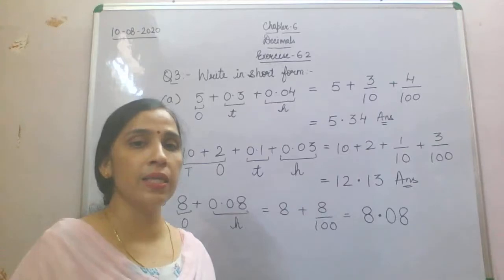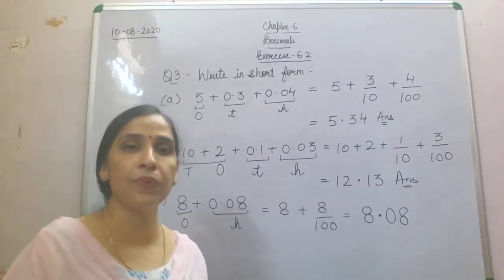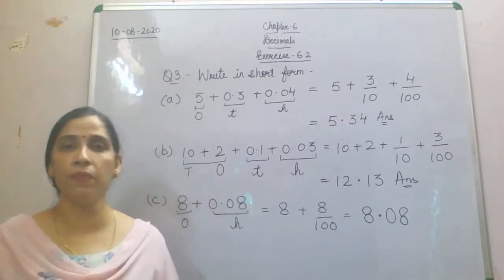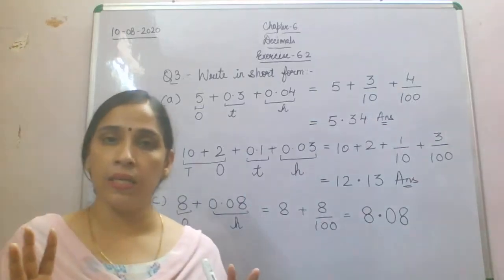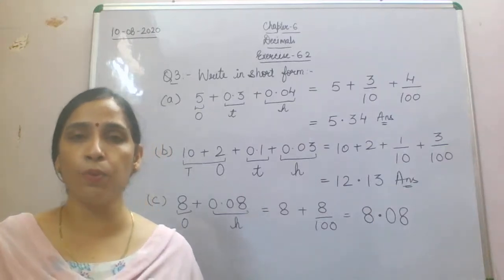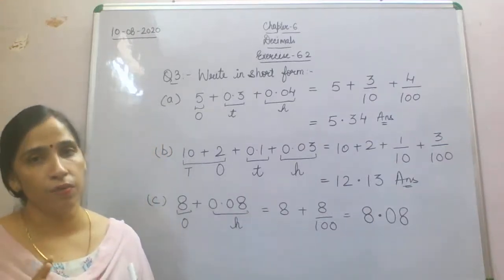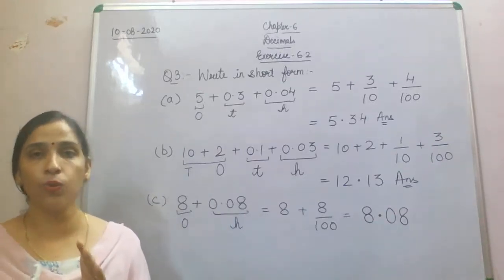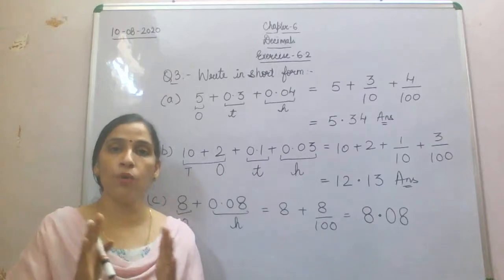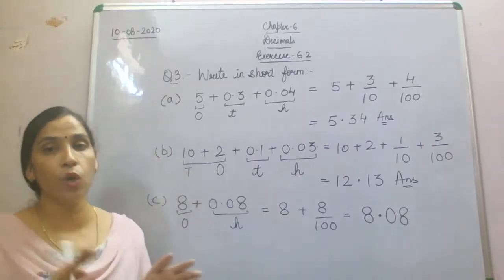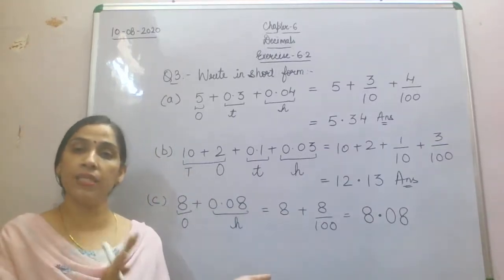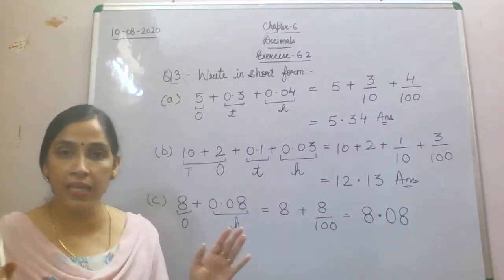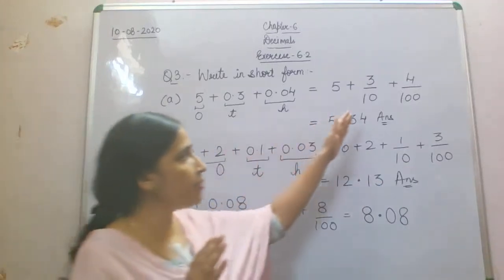This question number 3, A, B and C part we have done. In A part, B part and C part, you have been given the expanded notation, and you are supposed to write it into short form. Now we have written the expanded notation first, then we found out what are the numbers for the whole number part, and then we segregate both parts, whole number and decimal number. After segregation, then we started writing it by using fractions.